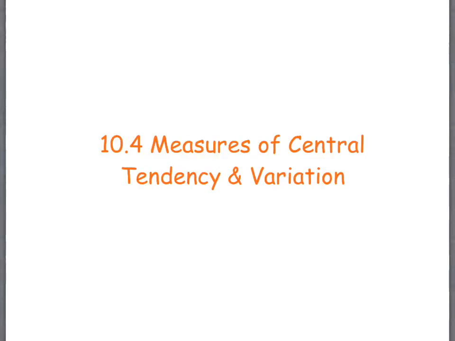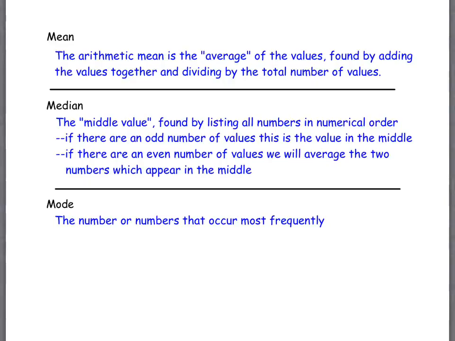Section 10.4 could be split basically into two sections. One section with the title Central Tendency and the other section with the title Variation. They're two related but different concepts that are going to be composed in this section. The first thing we're going to talk about is the central tendency, and you have seen some of these before,